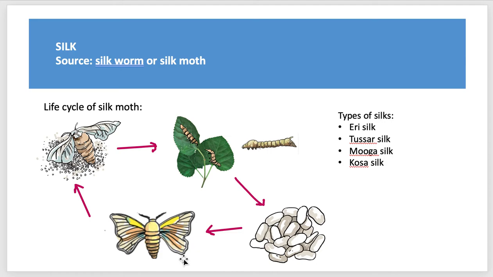So which is the step where we get silk? Where we extract silk from the silkworm. When the silkworm enters the cocoon stage, these cocoons are boiled in water, or they are kept to dry in the sun. When they're boiled in water, the silkworms inside them die, and whatever is left behind, this white color thing, that protein which the silkworm used to make the cocoon, that is what gives us the silk fiber. It is also called silk yarn.